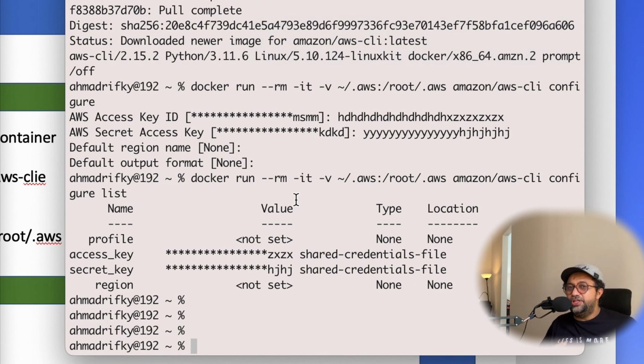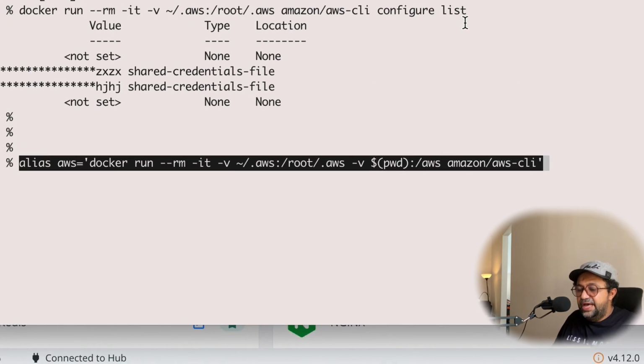But guys, we want to avoid running this very long command, right, guys? So I'm going to make it easy by putting it in an alias in this case. So this is the alias command. I will not be running this basically. So I'm going to put this inside my profile. Because I'm using a MacBook, the profile is the .zshrc file in this case.